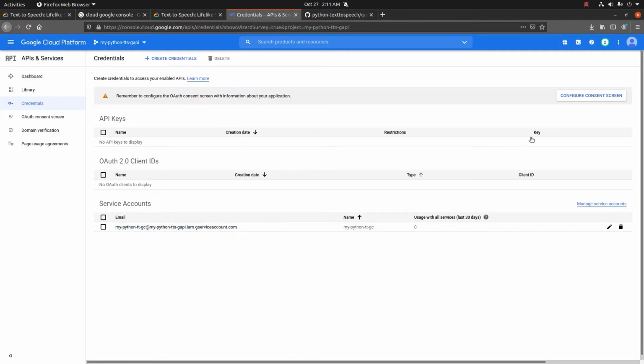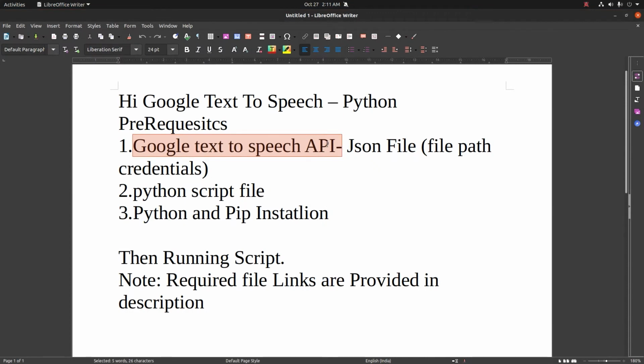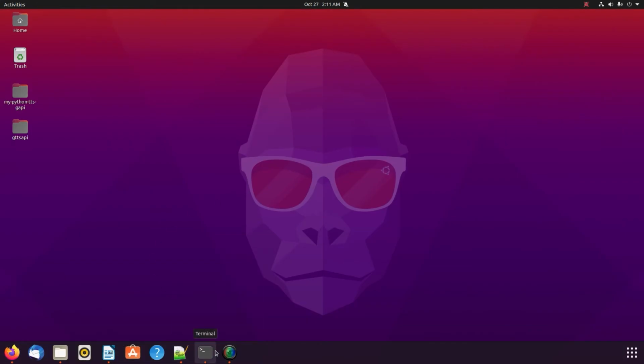Now it has come here. So what we have learned here is completed. Now the JSON file is created. Now we need to create a Python file. Instead of creating one ourselves, we can go to GitHub, where developers have already created lots of files. We can choose a simple one.